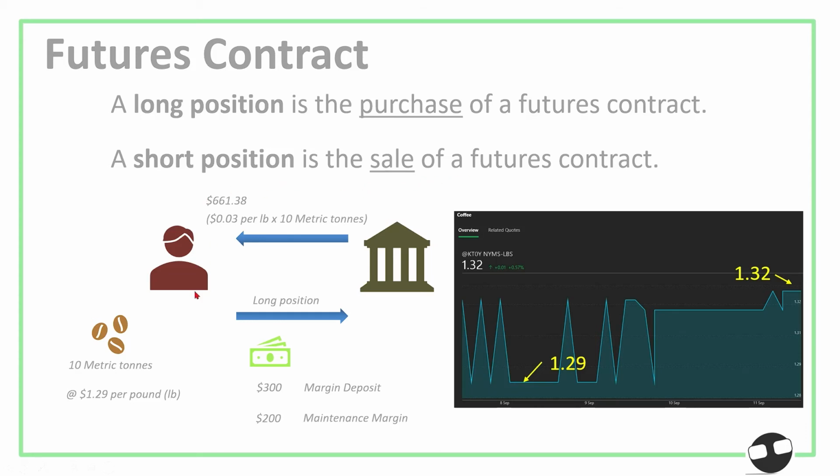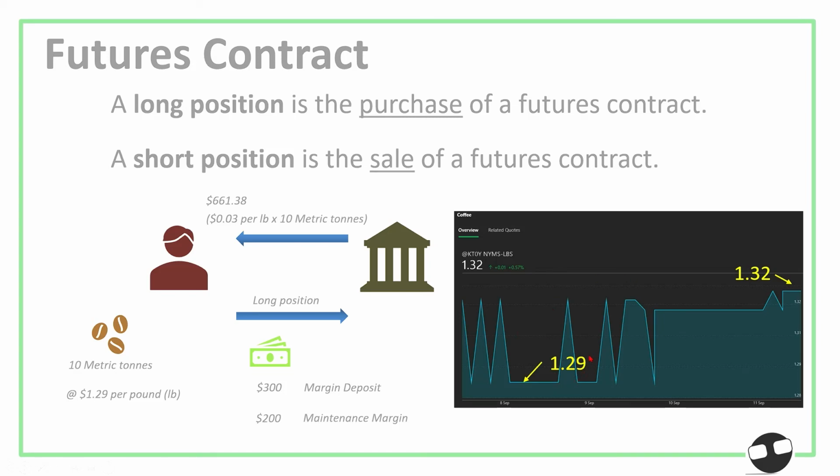Now, for example, you are buying a contract which involves coffee, and you have 10 metric tons at 1.29 per pound. Now, let's say your broker would require you to deposit $300 as a margin, and you have an additional 200,000 for the maintenance. Now, what if, let's say, after 3 weeks, the price of coffee in the market went up from